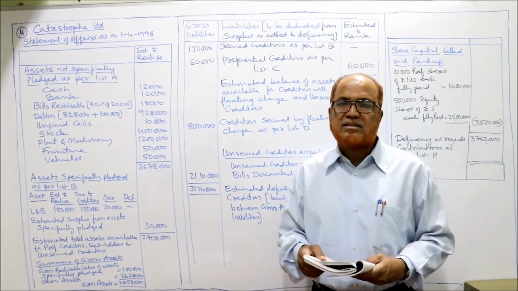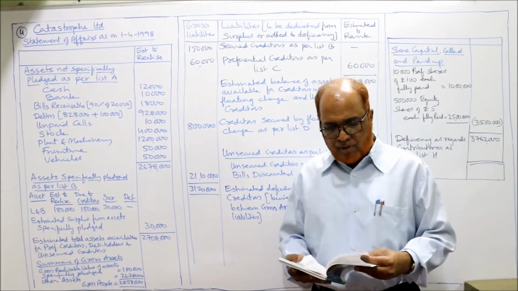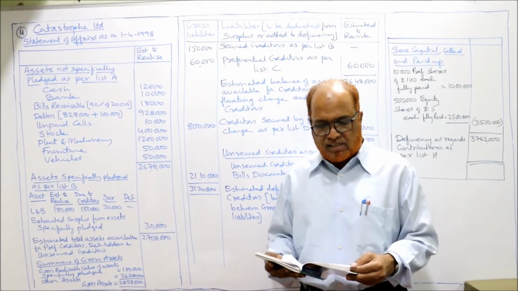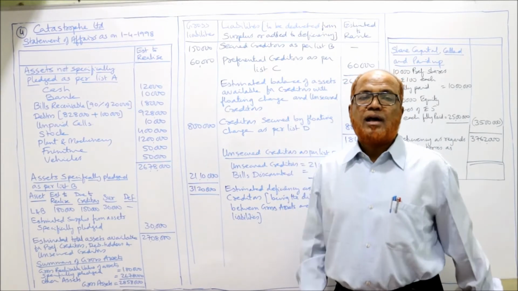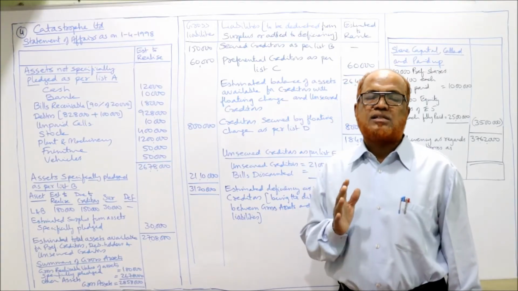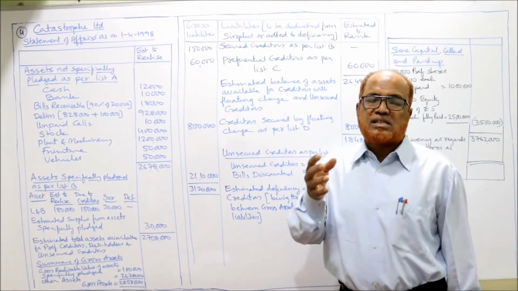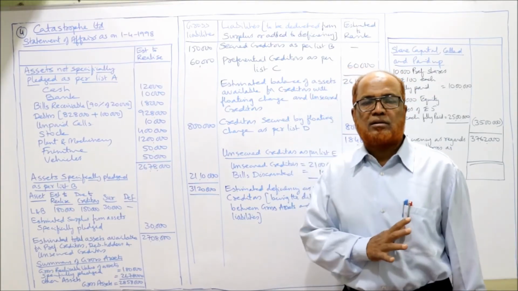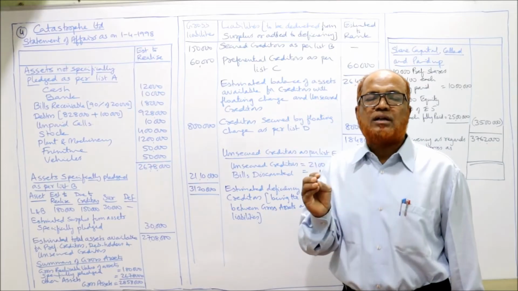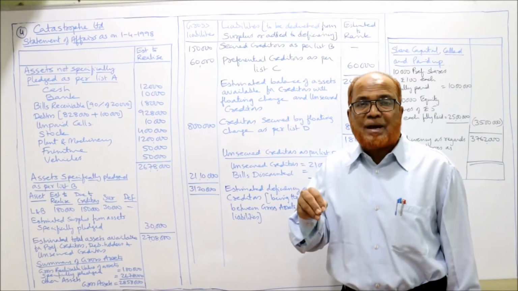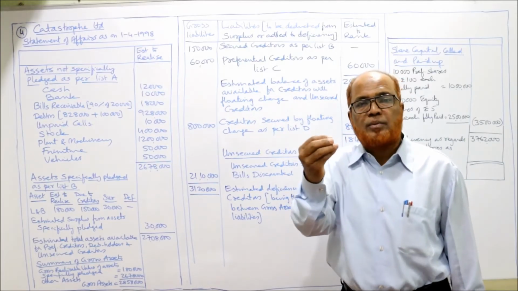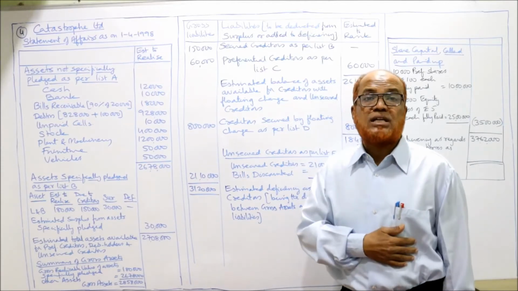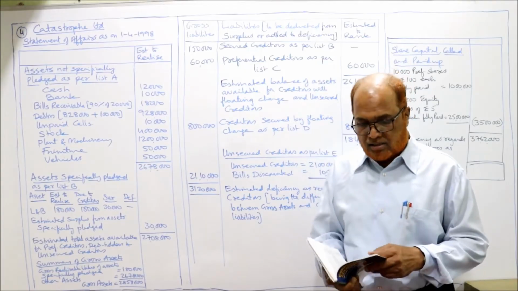Then cash 12,000, bank 10,000. This we will take under list A. Note, bills discounted and awaiting maturity 20,000, of which 10,000 is expected to be dishonored. Liability on bills discounted is a contingent liability. But when it is given that the contingent liability is going to become an actual liability, we should take it. The company has discounted a 20,000 rupee bill and it is expected that 10,000 rupees are going to become bad. That we have to pay. So bills discounted should be taken under list E, unsecured creditors.